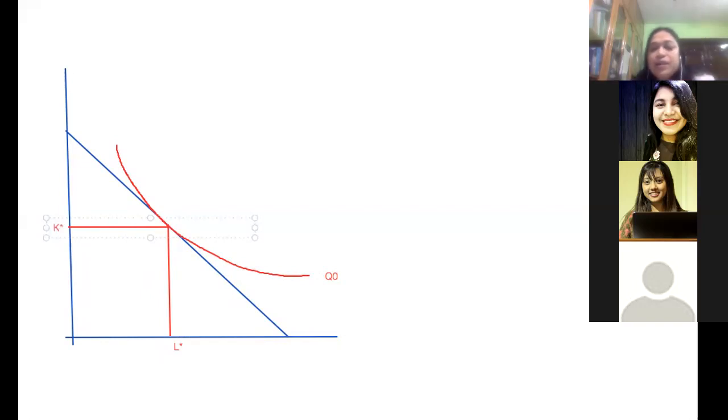So L star and K star is the optimal combination of labor and capital that will produce Q0 level of output at the lowest possible cost, right? So this is what we have found. And the equilibrium condition